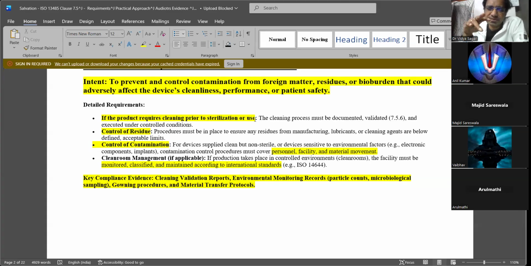Of course, you sterilize them at the end, but still you want to reduce the bioburden, so you clean it with ethanol or some antiseptic or some solvents.